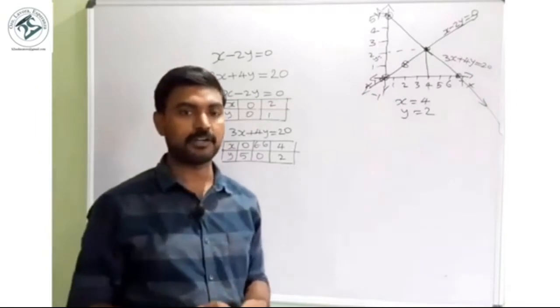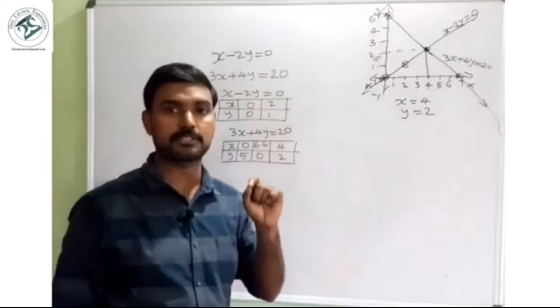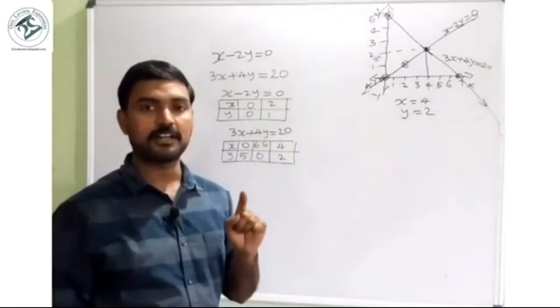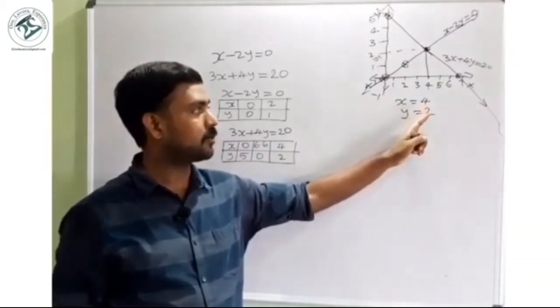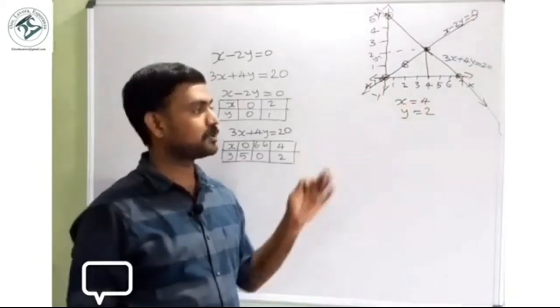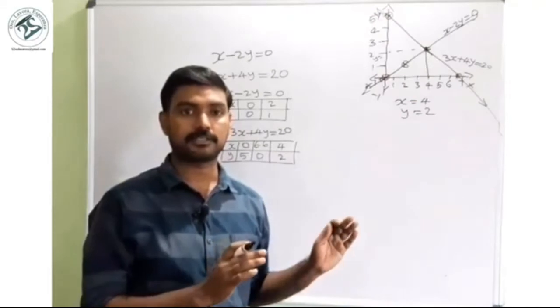In part 1, this question, x was the number of times she rode the giant wheel, and y was the number of times she played hoopla. So she played hoopla 2 times and rode the giant wheel 4 times. So we got the solution by using the graphical method. So the first part is the first session of this topic.